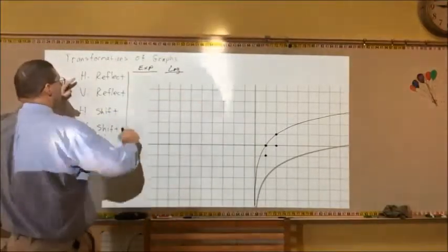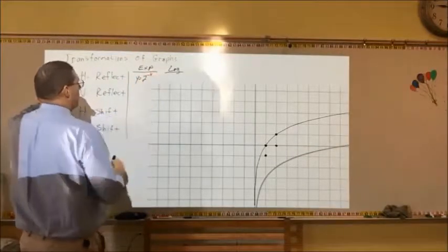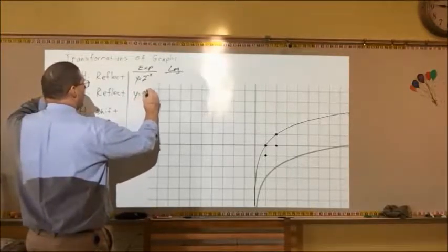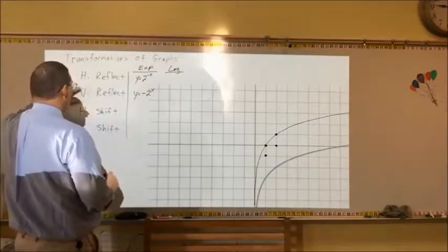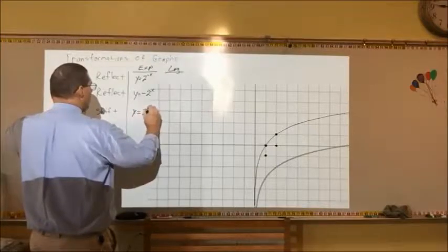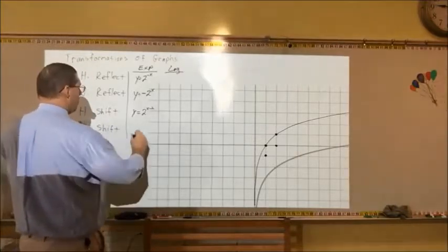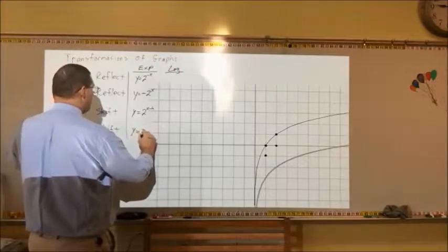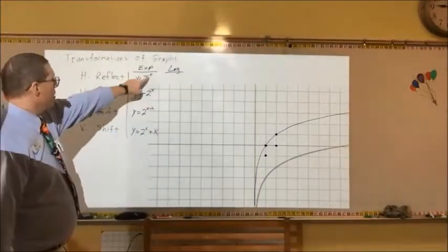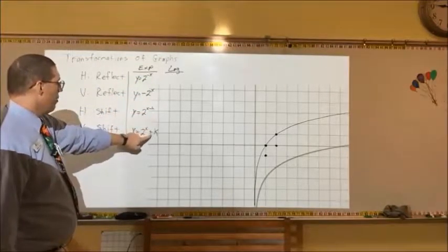Joshua was asking for. Horizontal reflection would be y equals 2 to the negative x. Vertical reflection would be y equals negative 2 to the x. Horizontal shift would be y equals 2 to the x minus h. And then vertical shift would be y equals 2 to the x plus k. This represents a horizontal reflection, this represents a vertical reflection, this represents a horizontal shift, and this represents a vertical